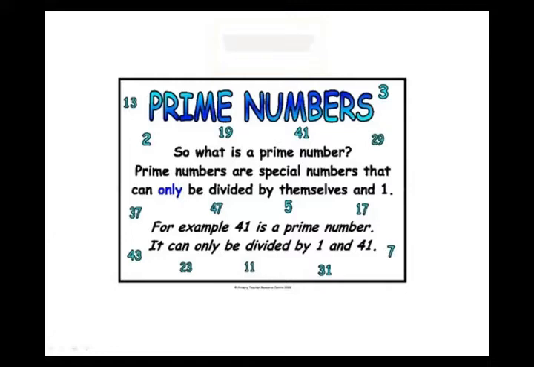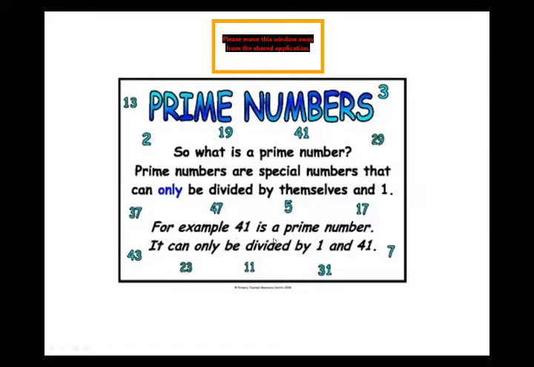Here's a new slide you can see on the screen, which is prime numbers. So, is there anyone who can tell me what prime numbers are? You can see that prime numbers are special numbers that can only be divisible by themselves and 1. Here is an example, 41. 41 is a prime number. How? Because if we find the divisors or factors of 41, there is only 1 and 41 who can divide 41. 41 divides itself and 1 divides 41. So the number which has only two divisors is called a prime number.